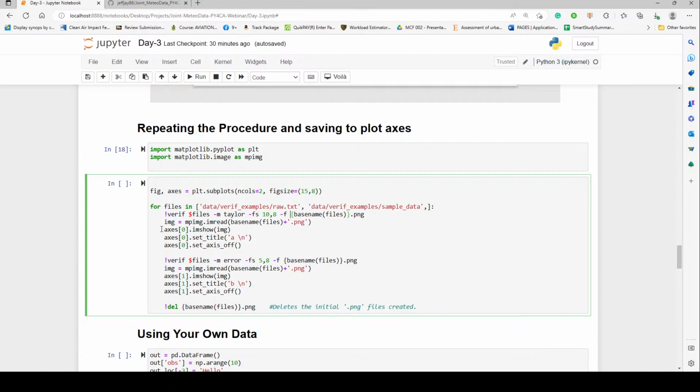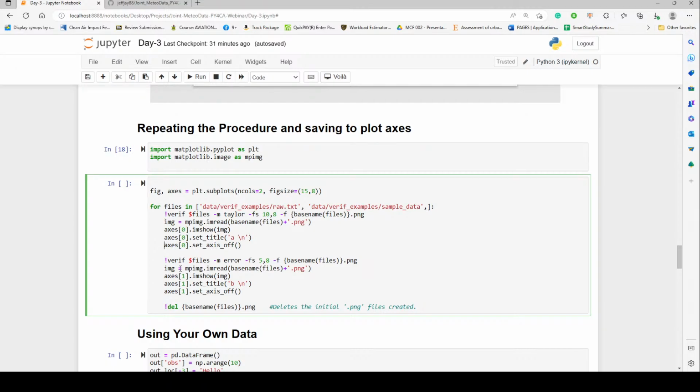and then we pick the particular axis we want. So in this case, we want this to be on the first one. So axis 0.imshow, and then we show this variable that we've created, which is the PNG file we called. And this will show that PNG in the left panel. Now we can give it a title. We can also clean the axis. So if you don't turn the axis off, you have the plot, all right, but you have the axis around